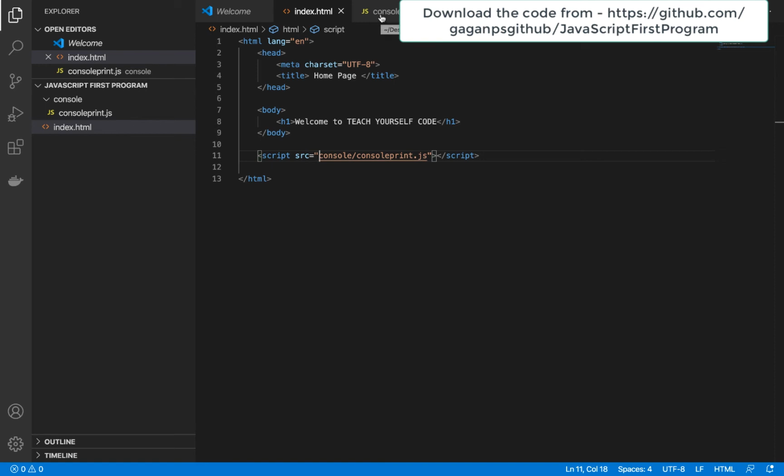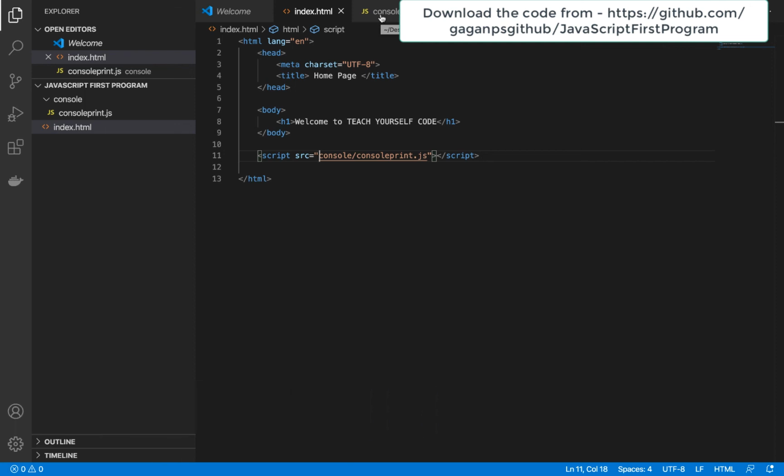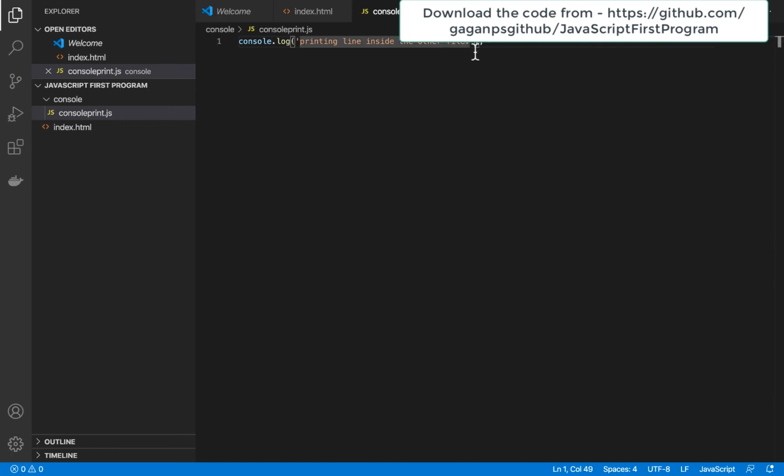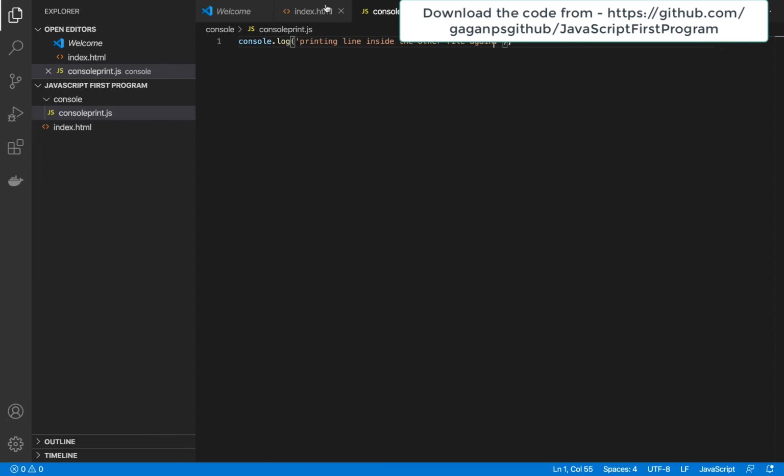And mostly in the real-time scenario we use this method only because we cannot add everything in the same HTML file. So JavaScript is used in external mode in mostly all of the cases in a real-time scenario. So if you want to recheck again, I will just change something over here and I will say again and I will save it. I refresh it and you can see it is showing over here. So yes, you can see how it's used over here.